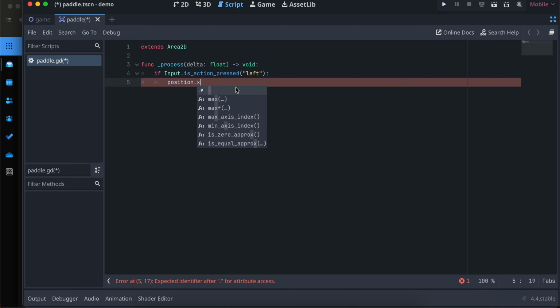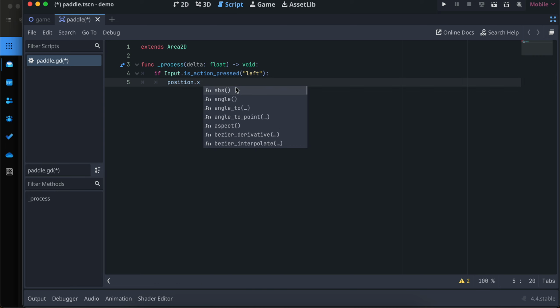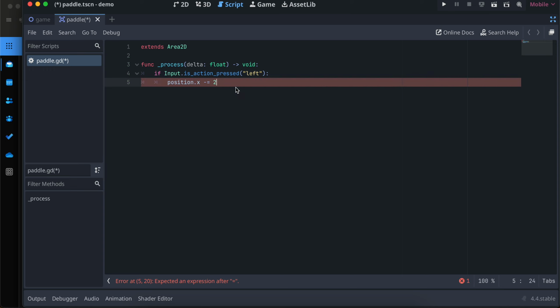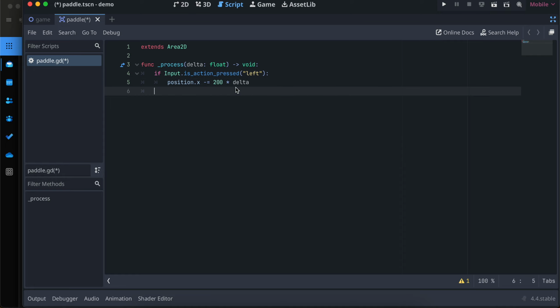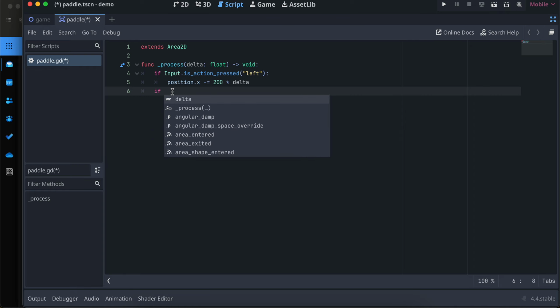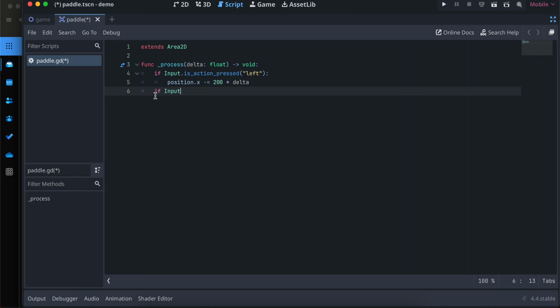And I'll move the position of our paddle. So for x, when it is moved left, I'll take whatever is the current position, and here I will just add 200 times delta. You can change this value to whatever you feel like. Now the same thing you will have to do for the right action as well, but here you can see that I'm using an else if clause, because typically what I have noticed is that you don't want the user to move in both directions simultaneously,